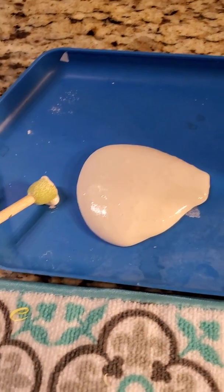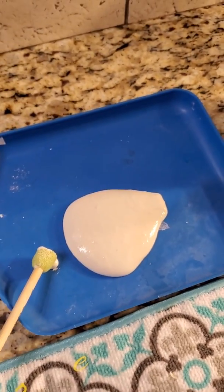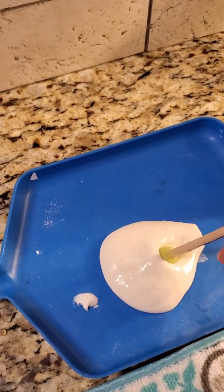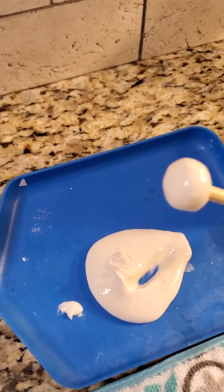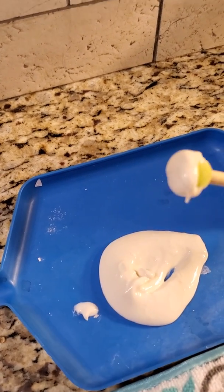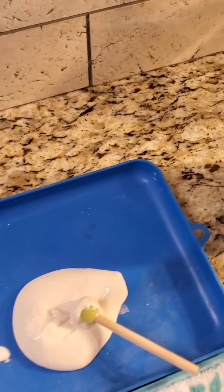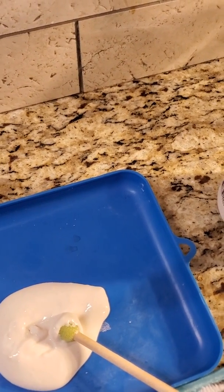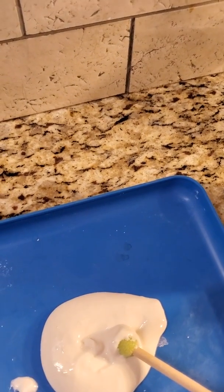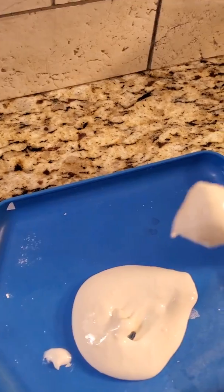But for the most part, all you're going to do, I'm going to try and do this and film at the same time, or at least do a little bit of it so that you can see what I'm doing. I don't want to accidentally let anything drop and mess up my stuff. I said I was going to smooth those little bubbles out, but the bubbles that were in her vinyl are not near the edge, so we're actually fine. So I'll take some of that on there